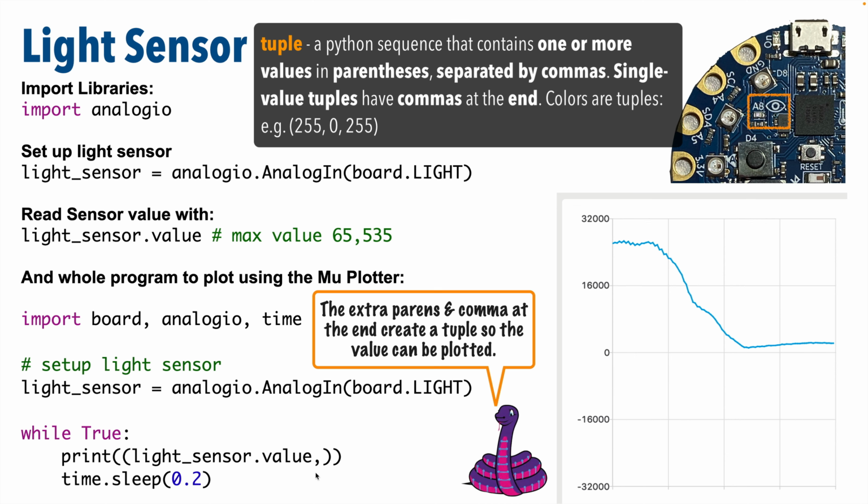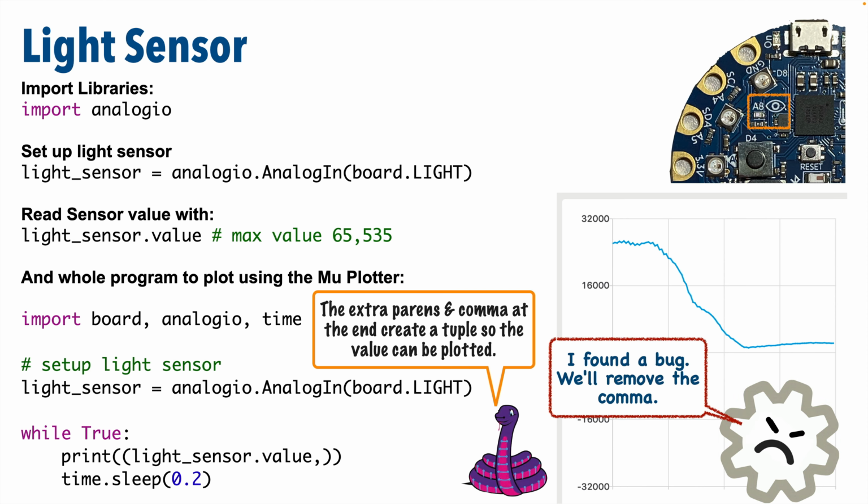And you've seen tuples before. Colors are tuples with 3 values. Now, one weird quirk about tuples in Python, if there's only one value, you have to have a comma at the end of that single value. Now, that said, I ran into a bug in the online plotter when I was recording this lesson. I filed a report with Adafruit, but as of this recording, when we finally get to the plotter, we're going to remove the comma, even though normally Python wants that for single value tuples, just to make sure that we don't crash. One more thing, I've added a time sleep of 0.2 of a second at the end of our while true loop,